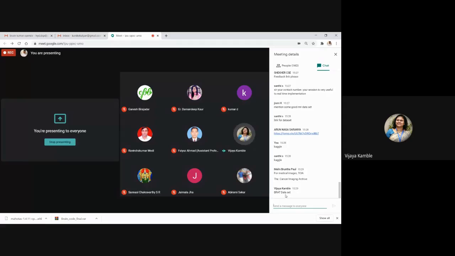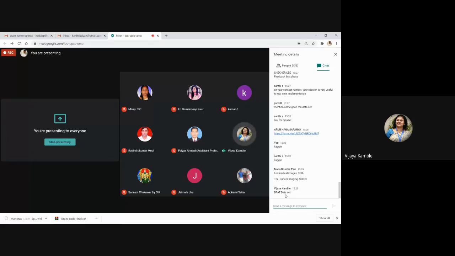Sir, the BRATS dataset is there, and they are always organizing competitions for brain tumor analysis. Every year they hold one competition for MRI data analysis, and they have a huge prize for it. If participants wish to take the dataset, they can take it from BRATS.